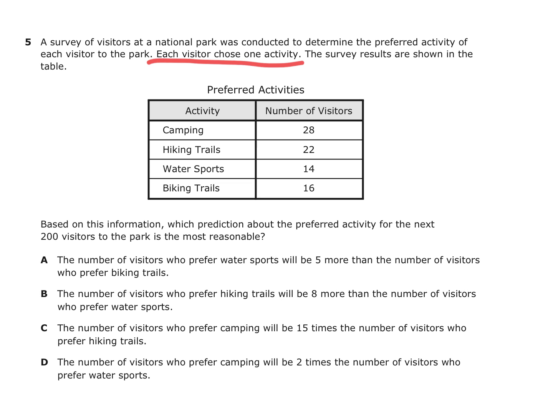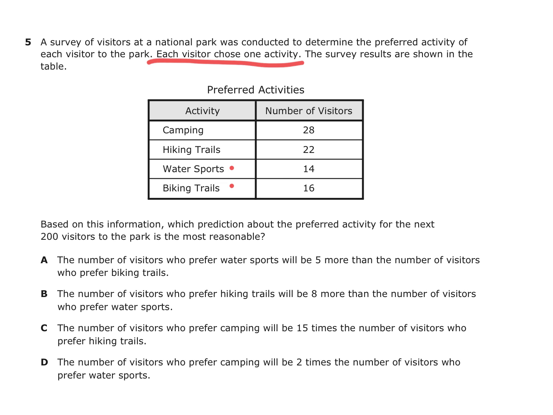Okay, so for answer A, the number of visitors who prefer water sports will be 5 more than the number of visitors who prefer biking trails. So water sports, we have 14. And that's going to be 5 more than biking trails, which is 16. So here's water sports, here's biking trails. I don't see how that could be 5 more. So we need to take a look at the